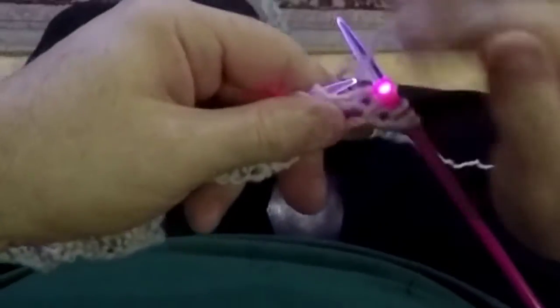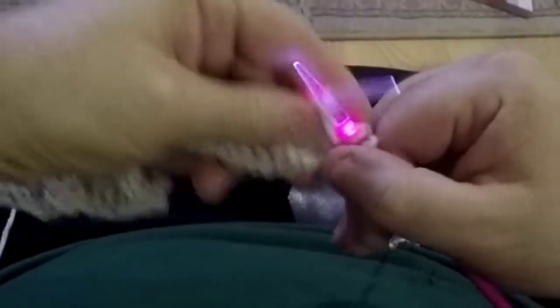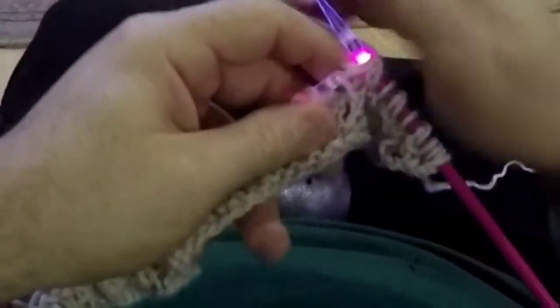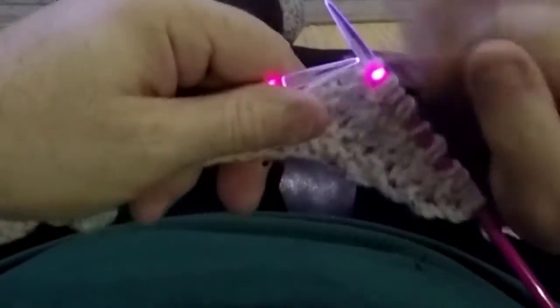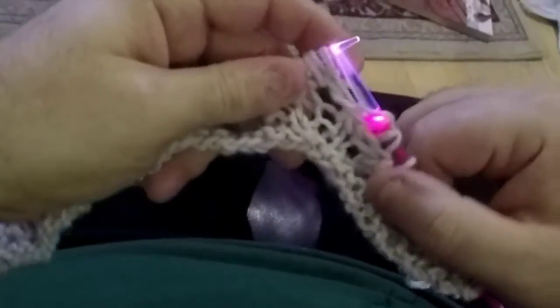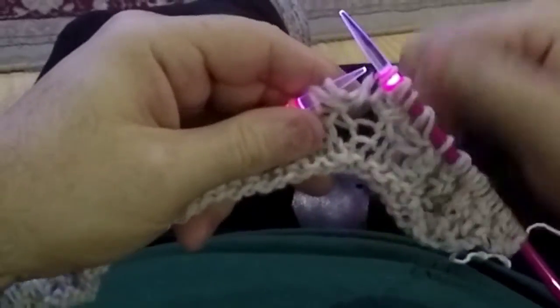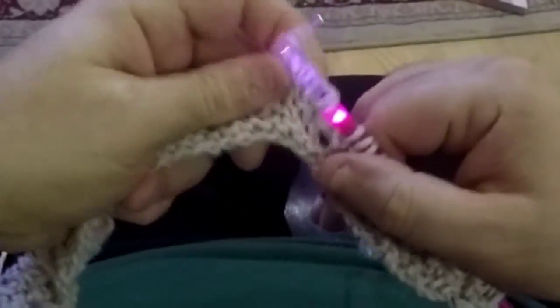So brioche knit, yarn forward, slip one. Brioche knit, yarn forward, slip one. Brioche knit, yarn forward, slip one. And here we go, this is our first set of 5, so there's a brioche knit, yarn forward, slip one, the central stitch, brioche knit, yarn forward, slip one, brioche knit, yarn forward, slip one,